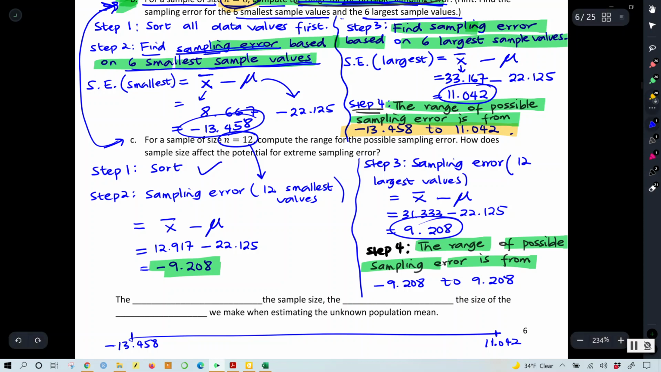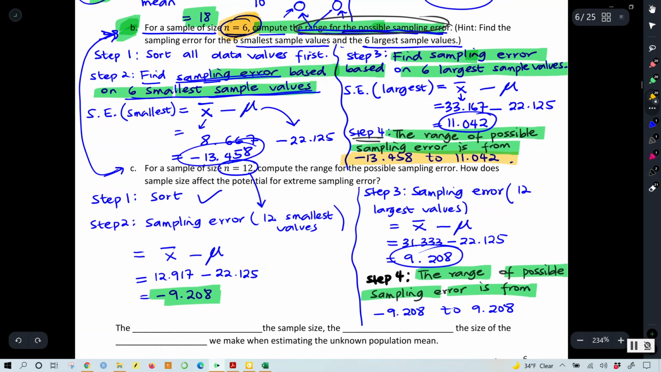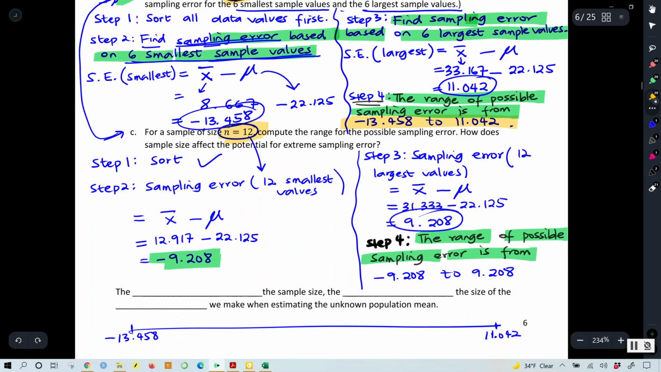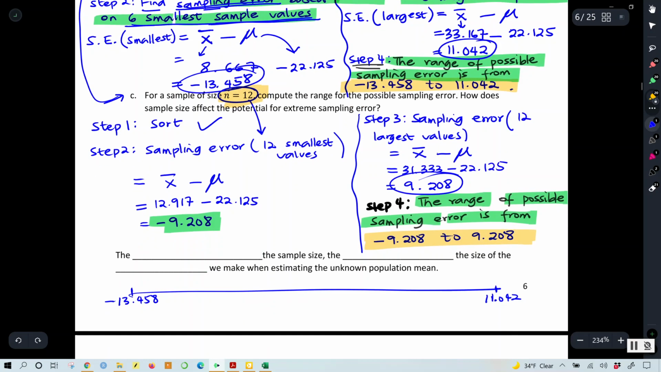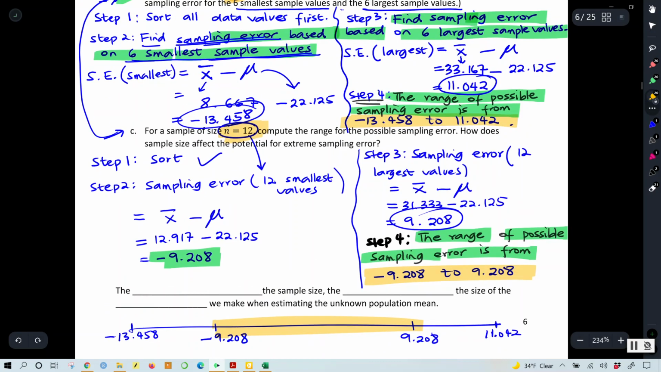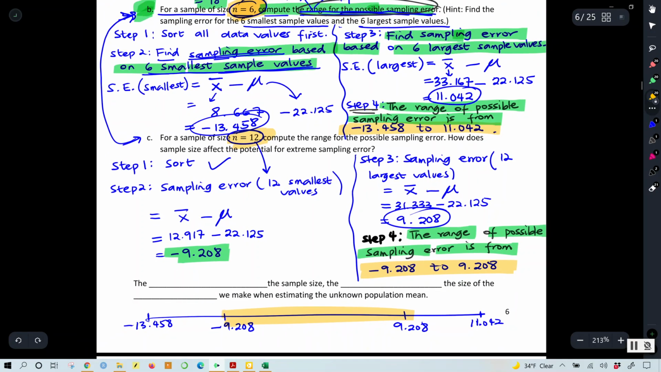However, when the sample size increased from n equals 6 to n equals 12, the range of the sampling error went from negative 9.208 to positive 9.208. So one thing is clear. What do you think is the effect of a larger sample size on the sampling error? Well, it appears that as the sample size increases, the error due to sampling tends to decrease, because we can